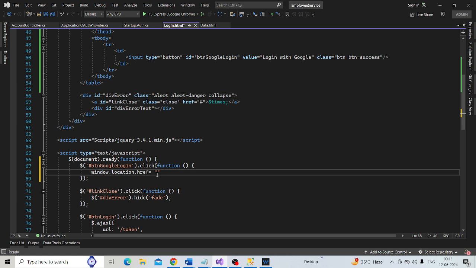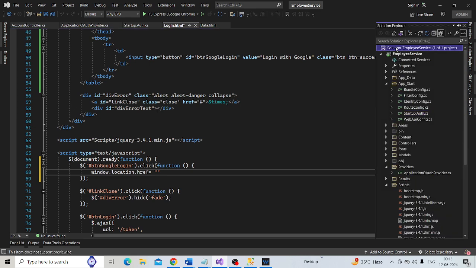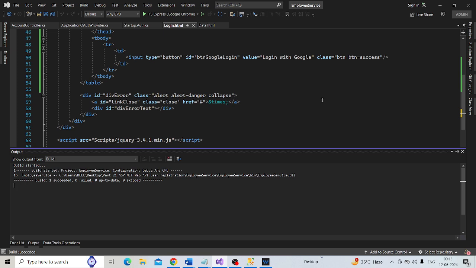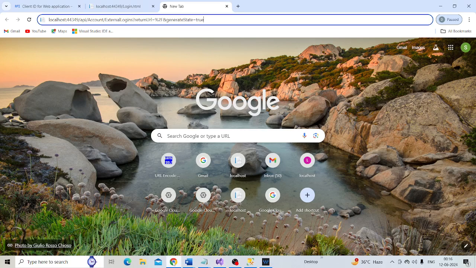Before we issue a GET request, let's give our solution a build. Build succeeded. Now let's go ahead and issue a GET request to this URL right here. Once we issue a GET request to this URL, look at what we are getting back.